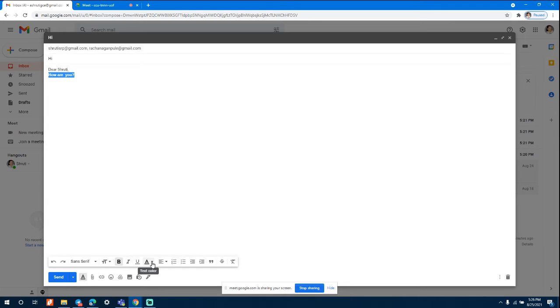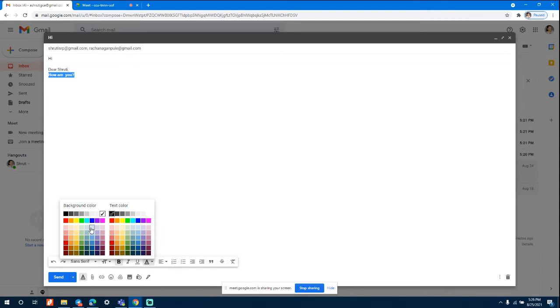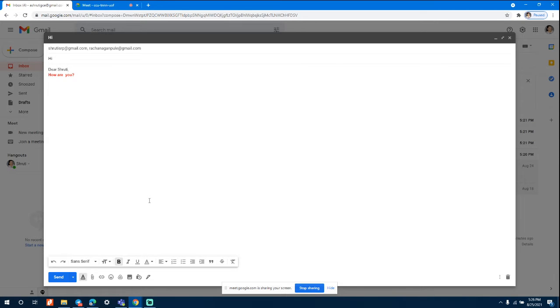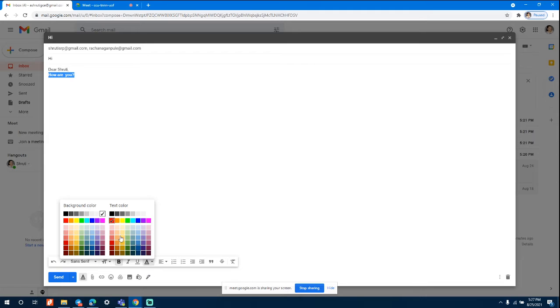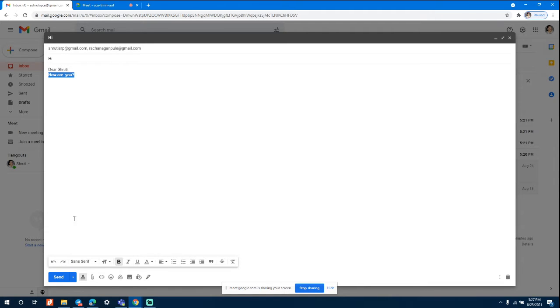You can also change the text color if you want. Let's suppose I want the text to be red, so it has become red. Now if you want to put a highlighter, we change the background. Let's suppose I want to do this, so the background is changed. So that is like you've highlighted it.